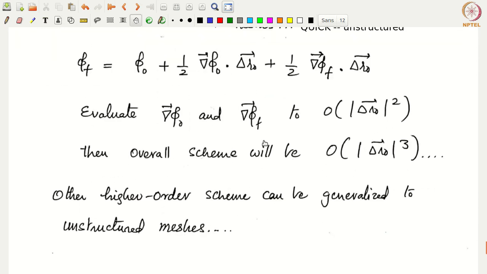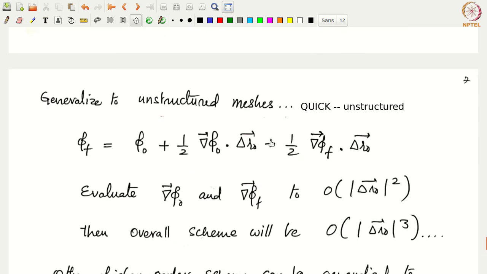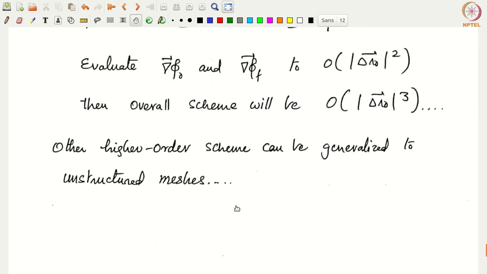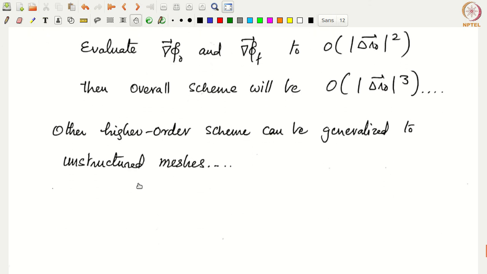Now following a similar pattern, you can of course derive other higher order schemes such as the second order upwind scheme or Beam-Warming scheme or Fromm scheme by generalizing those equations as well into unstructured non-orthogonal meshes, following a similar algorithm. So that is about it. Essentially, today we have covered the unstructured mesh discretization for convection diffusion, as well as we learned how to extend the higher order upwind schemes to the unstructured non-orthogonal meshes.